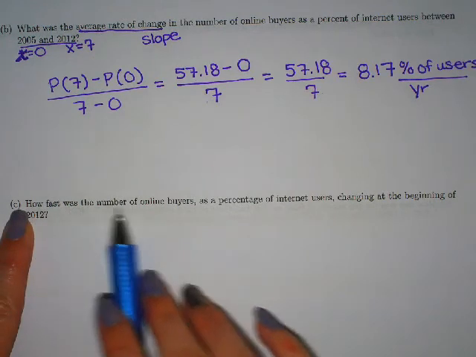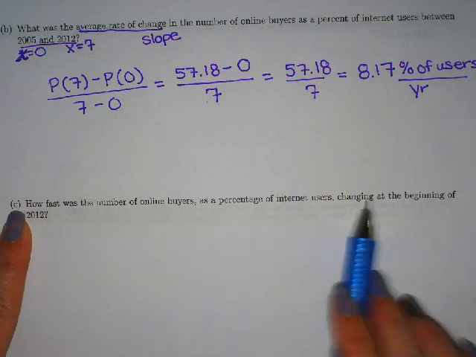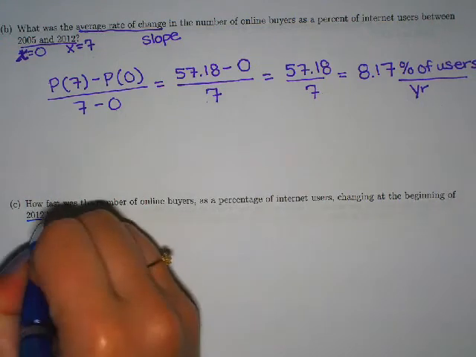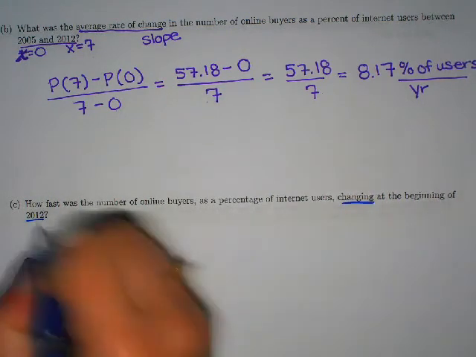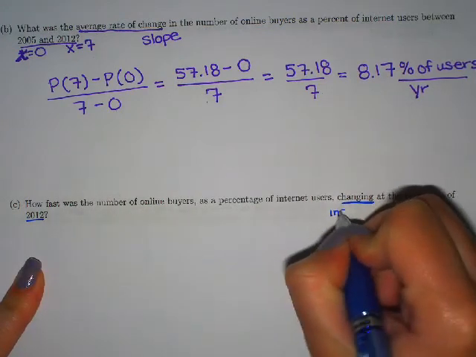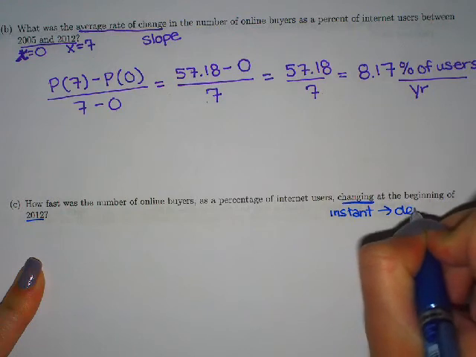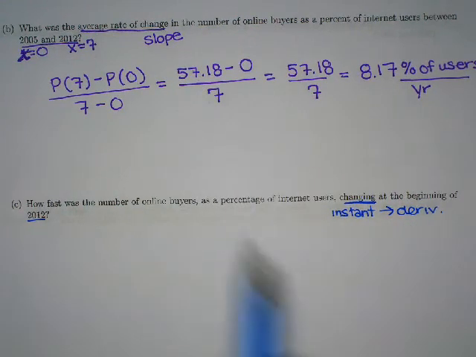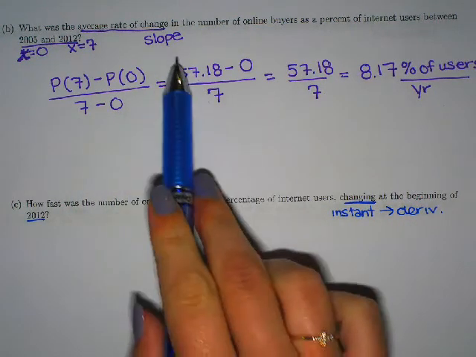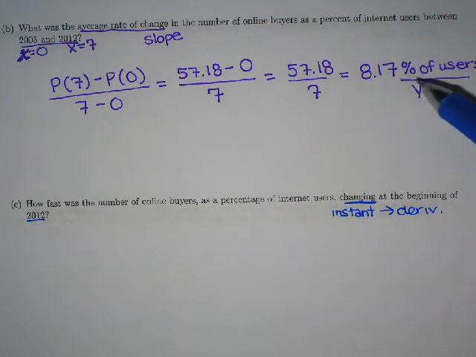now on test 2. The next piece says, how fast was the number of online buyers as a percent of internet users changing at the beginning of 2012? Ooh, so we see the word changing, but in just 1 year. So this is going to be instantaneous change, which means we're going to use the derivative. Instead of change on average between 2 years, where it's the slope, we're going to do change in just 1